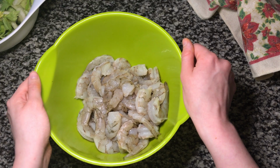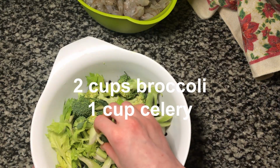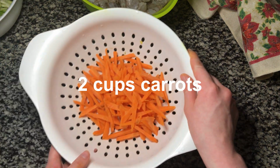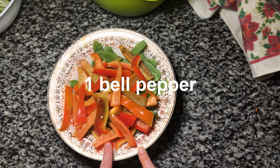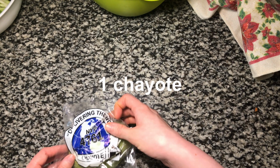We're making shrimp stir fry with vegetables. We have 2 pounds of shrimp, 2 cups of broccoli and 1 cup of celery chopped, 2 cups of carrots chopped, 2 cups of snow peas, 1 big bell pepper chopped, and 1 onion, and then this coyote